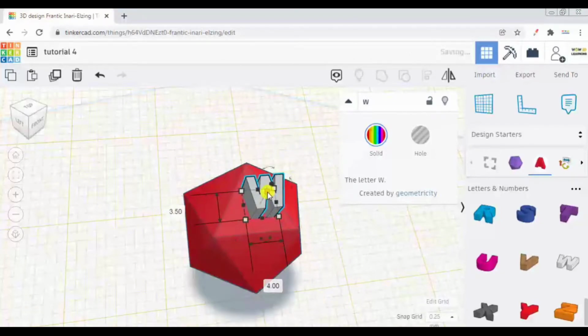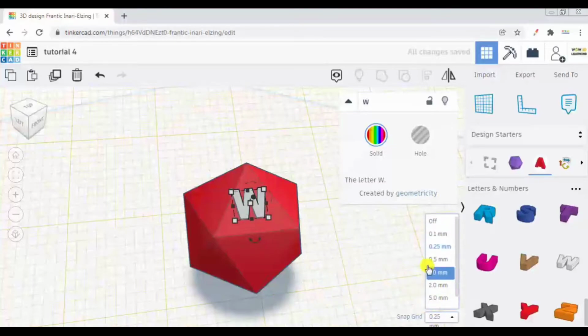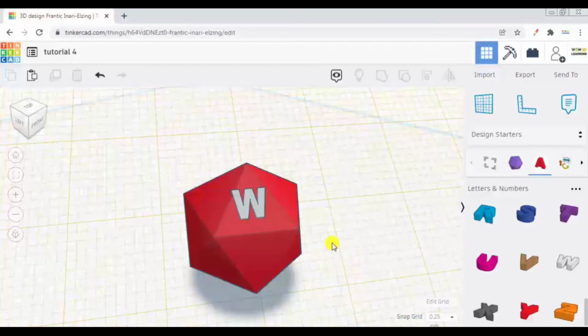And in order to fix it onto the surface, I can make use of the keyboard arrow keys. Now here in Snap Grid, I have chosen 0.25 as the single step of motion for each keystroke. So I can move it around and just fix it here.